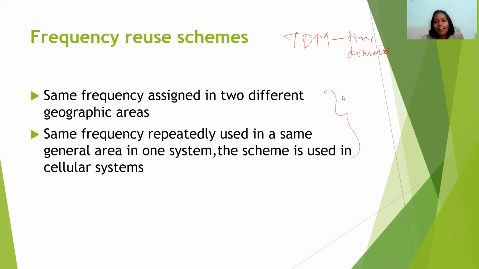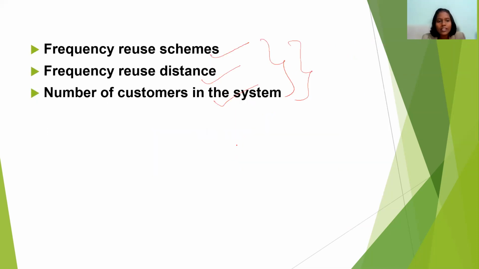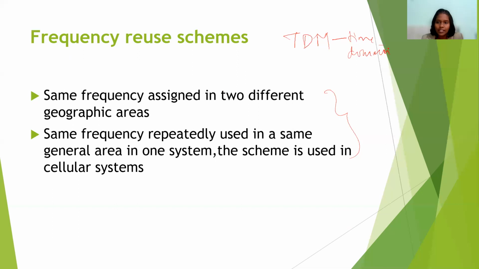So what I already told here, this D, we need to maintain it. So what it is saying, in different cities, you keep it. So definitely in different cities means that D will be maintained. For that case only, they are saying to maintain two different frequencies in different geographical areas, that is different cities.